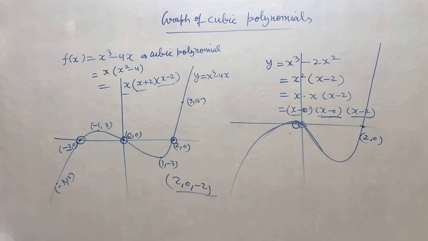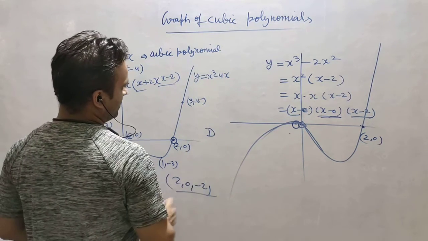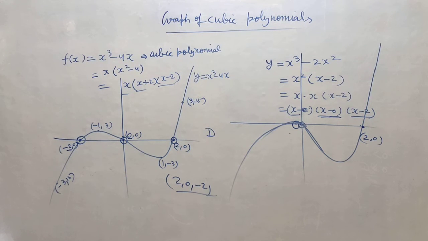So it means the same behavior we are seeing with the help of factors which we were seeing in quadratic also. So in cubic polynomial we are using the factor part only, because we cannot find discriminant here, because discriminant is only and only for quadratic polynomial, right? So this is related to this cubic polynomial. I have one more graph.